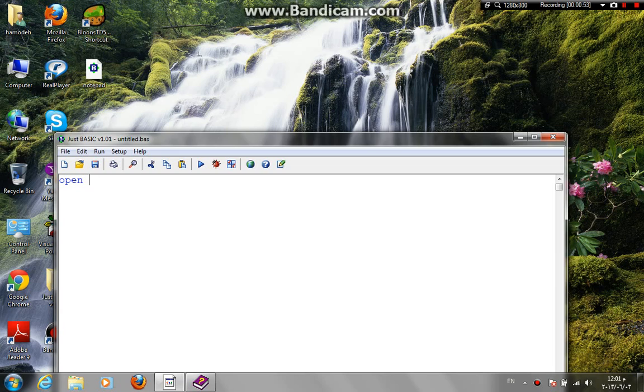Here's the output files. You type open, then the file name you want to open, including the path. So let's say myfile dot txt, a text document, and then for the type, this type is output, so you type output, then as, then the handle. What's the handle? It always starts with a hash, and then something like hash